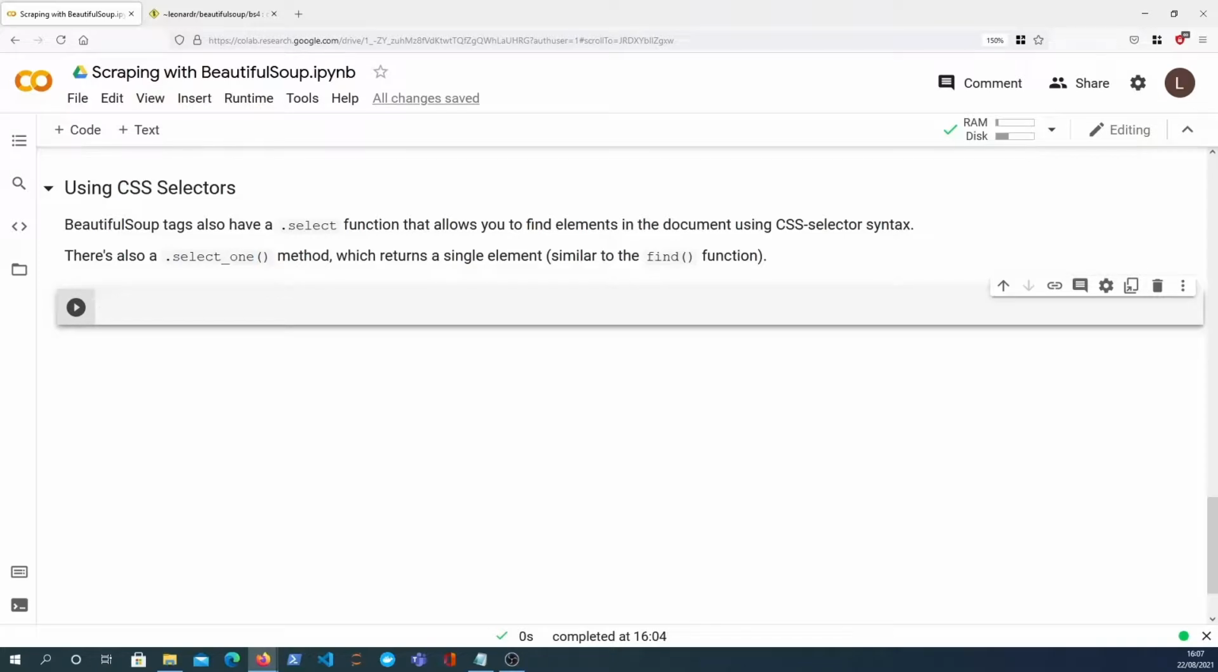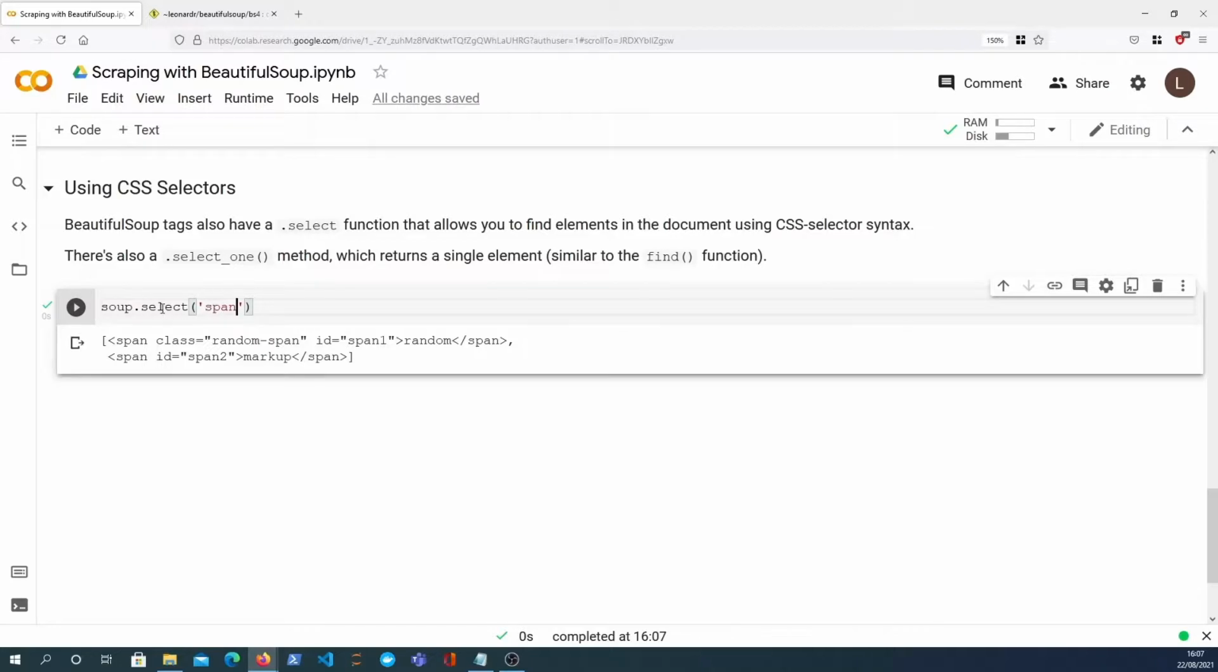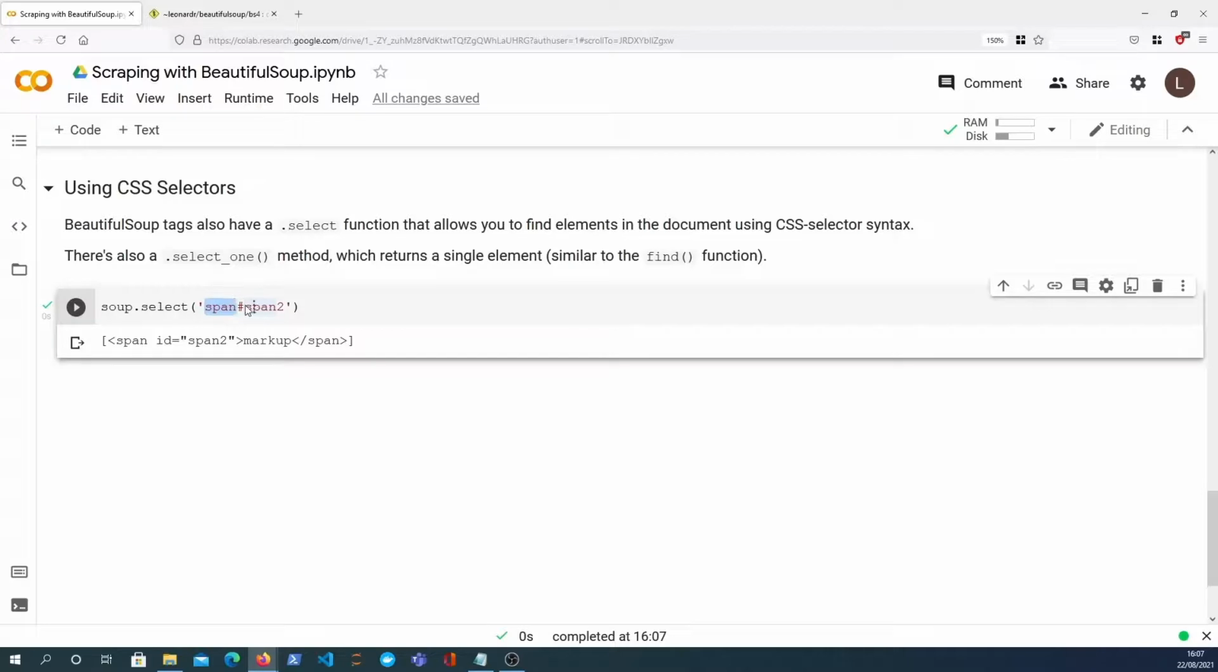Let's see how they're used now. We can use it in a simple manner like soup.select to find all the span tags. This is just equivalent to FindAll. Where this really shines is the use of CSS syntax such as that. What we're saying here is find the span that has the ID of span2. The hash is CSS syntax for an HTML ID, and that gives us back that single span with the ID